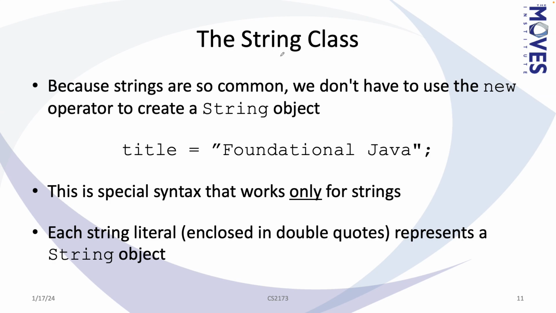Okay, so more on strings. Strings and arrays are the two exceptions to creating objects. Ordinarily, we have to use the new operator to create a string, and we actually can. The string has a constructor in which you give it the string that it wants. Basically, you have to create a string to pass it to a string. So it's a bit of a catch-22.